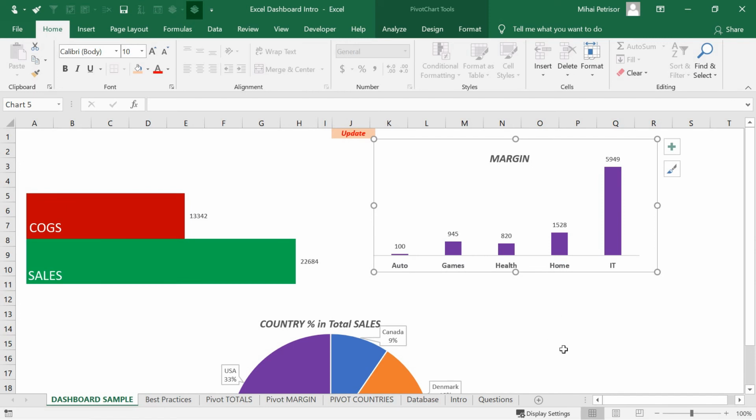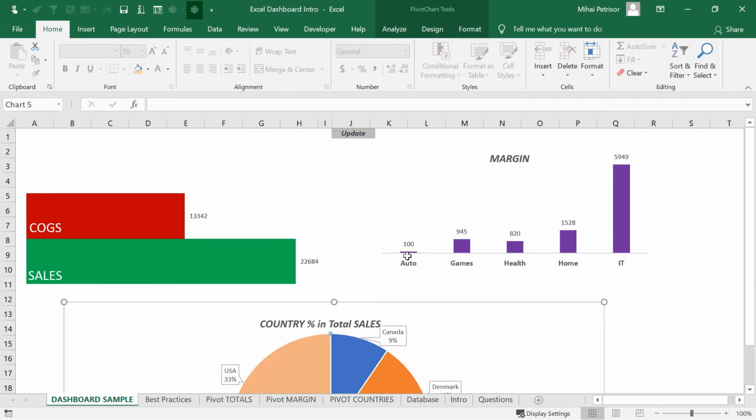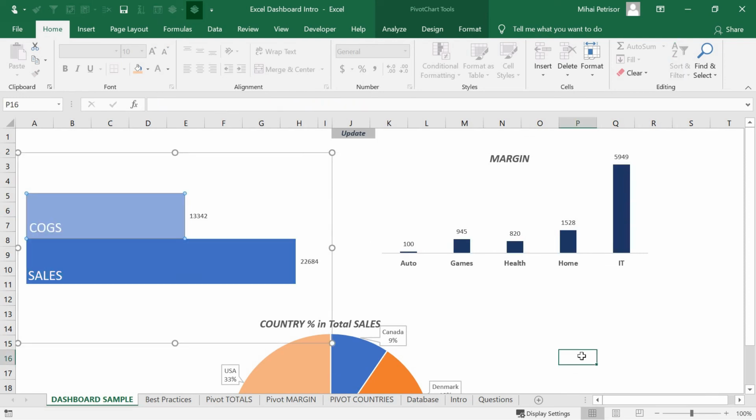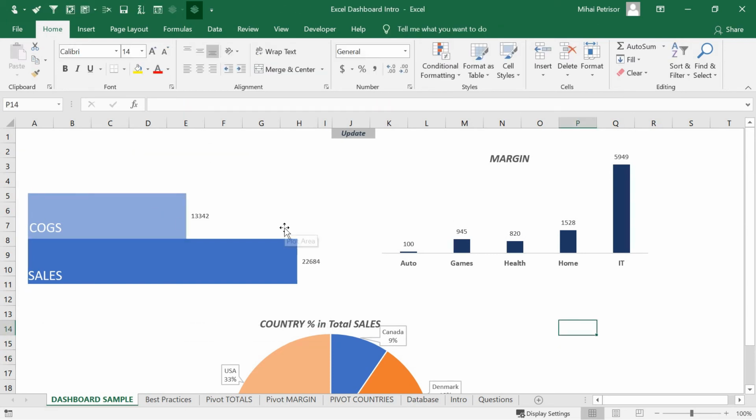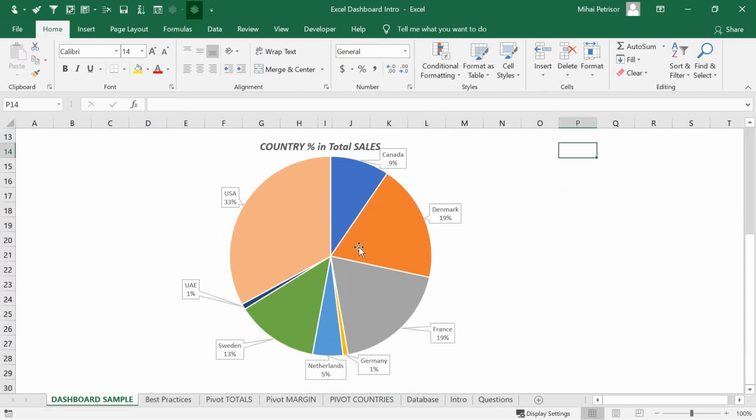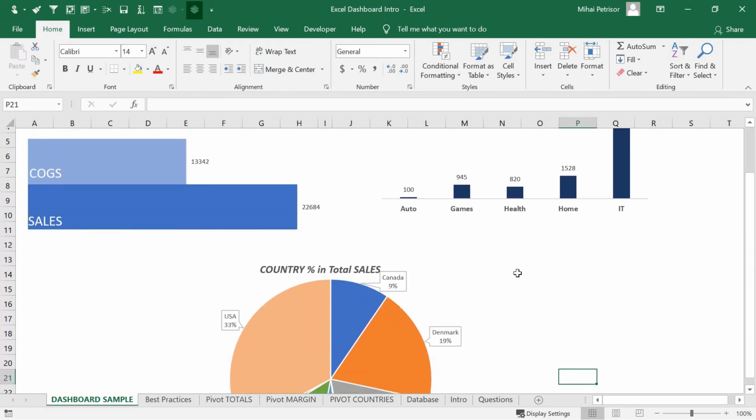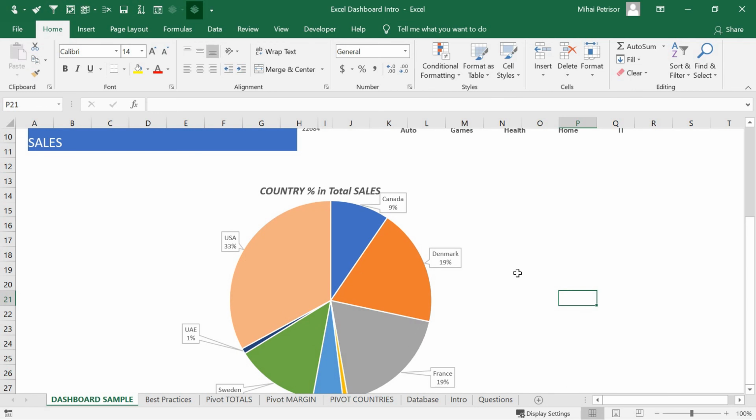That's why in our sample, let's go back, we've created basic colors, a combination of, let's say, blue colors, and here we have just roughly 4 colors in our pie, because if we put a color for each of these countries, we have a risk of having a very specific pie, just like a rainbow, that will give us, especially to our end user, a bad image, a bad feedback, and it'd be hard to read.